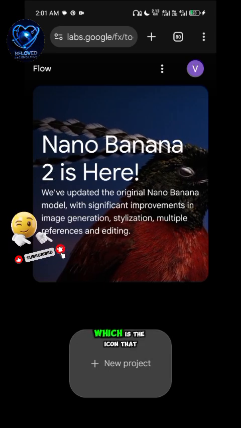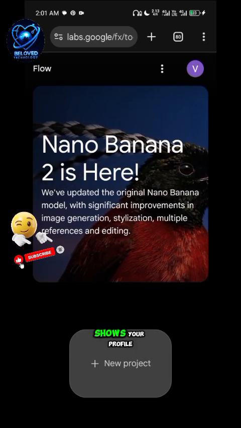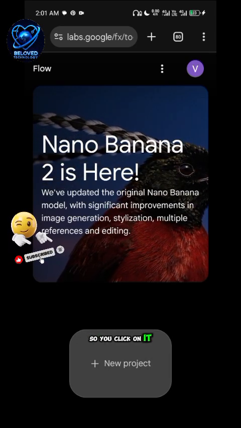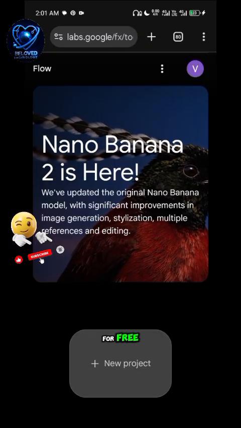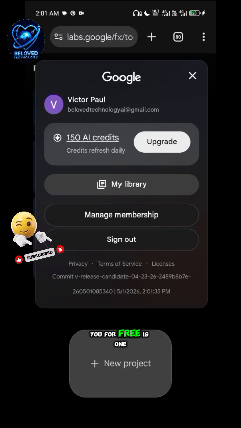At the top right corner, which is the icon that shows your profile, you click on it, and then you will see the credits given to you for free. The credit given to you for free is 150 AI credit. With this 150 AI credit, you can generate 15 free videos